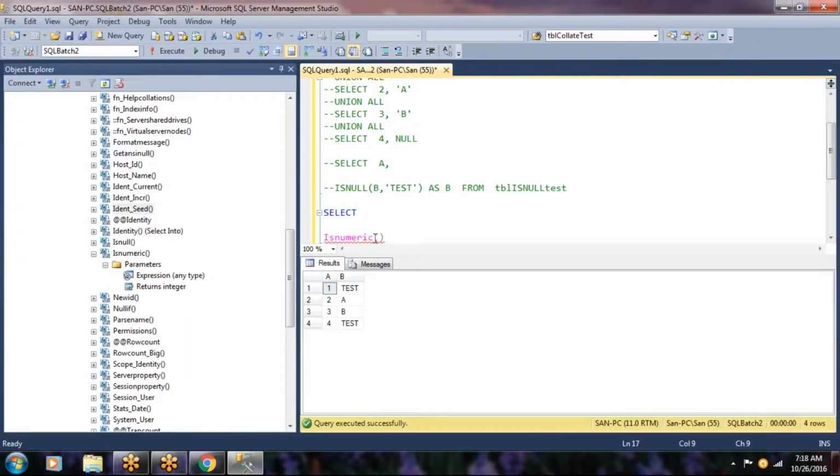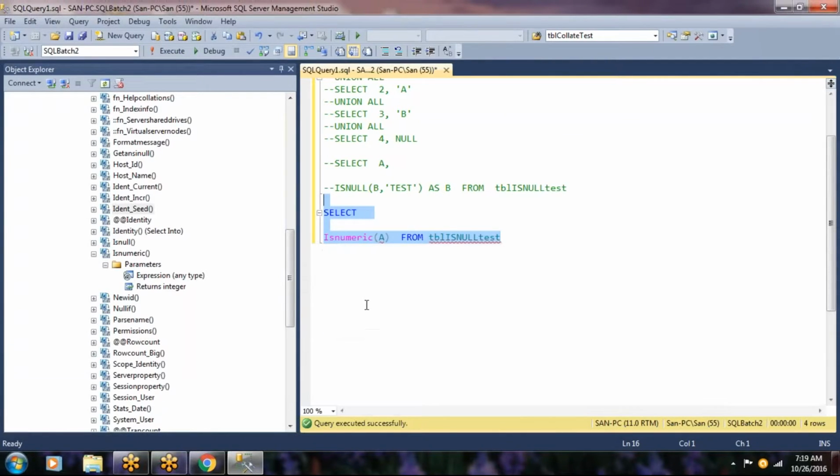Then just go ahead with ISNUMERIC of a from tbl_isnull_test. Go like this, then it would return 1, 1, 1, 1. If it is a non-numeric value, then it would throw an error. So let me insert a record into this table.